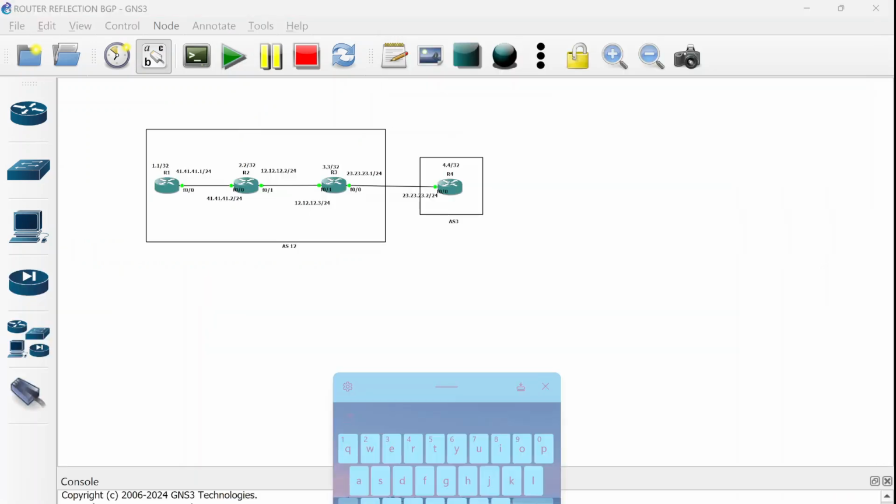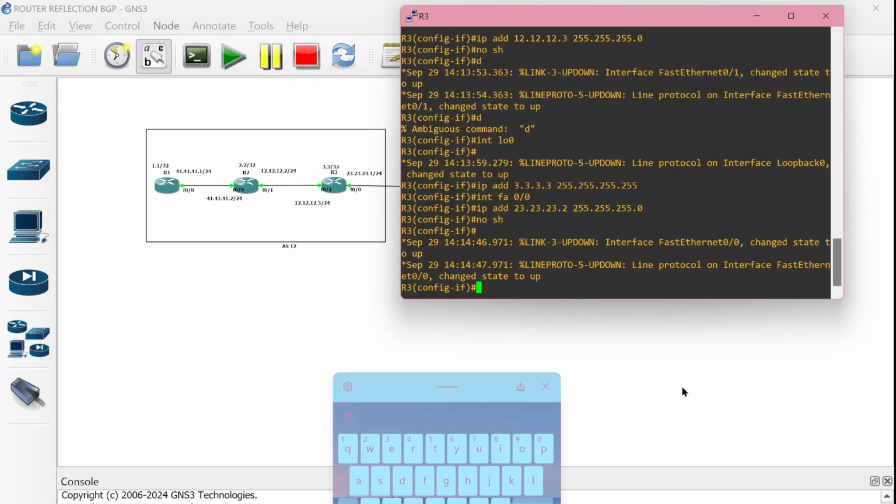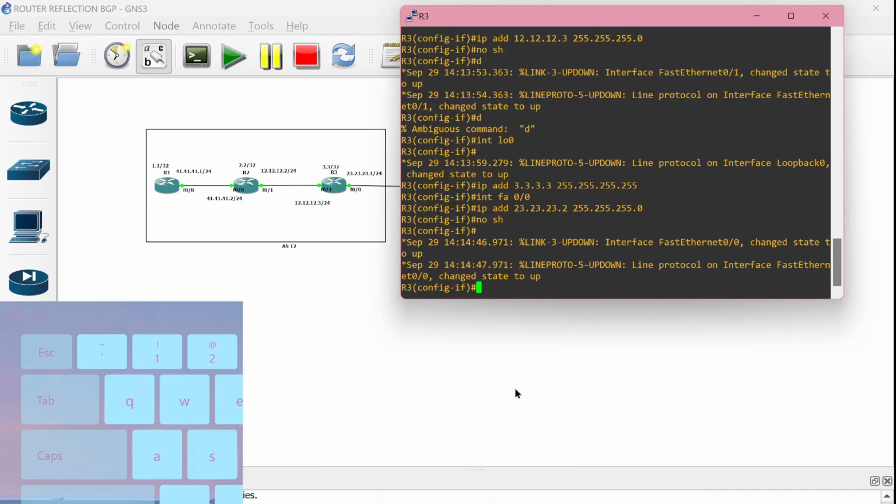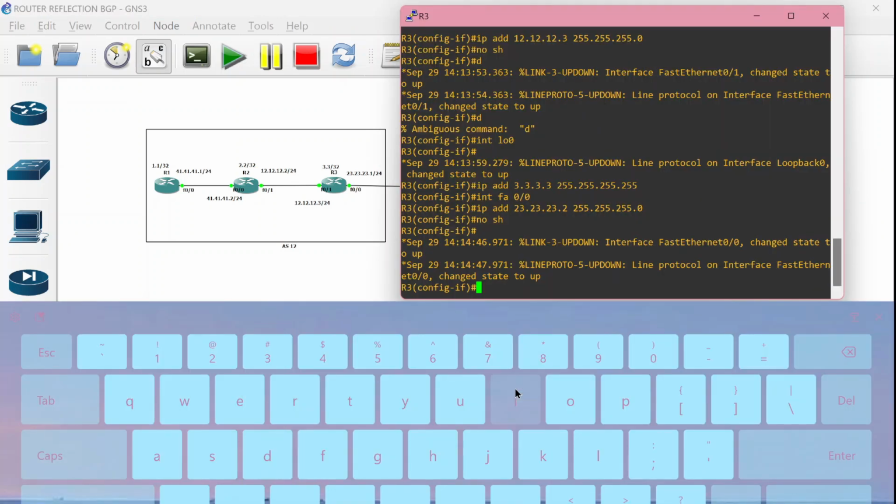We can go back to router number 3 and configure it the same as router number 1 and number 2. I'm sorry guys for my mistake. You can enter this, it is the same because the group is the same.